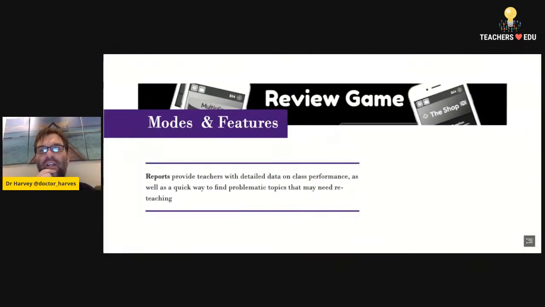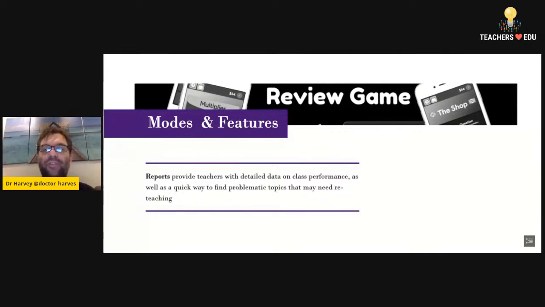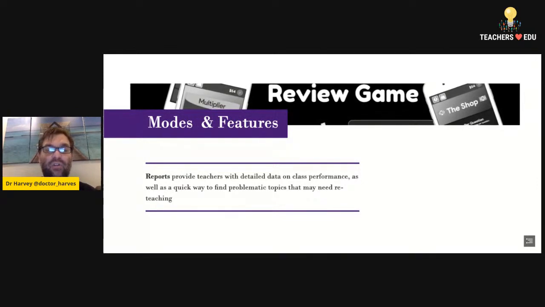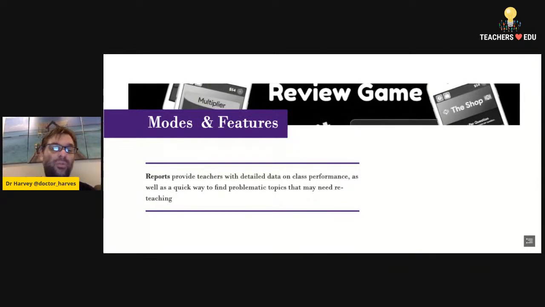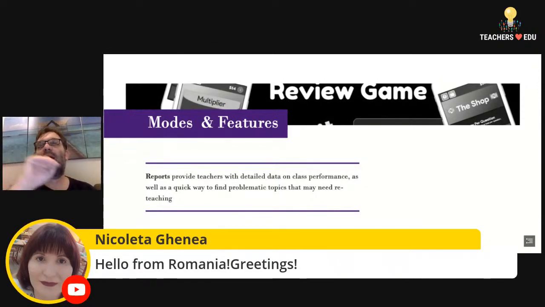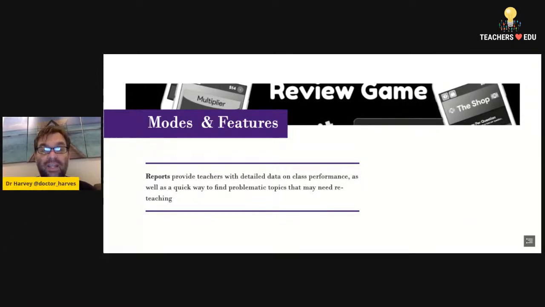Okay, so I'm now just going to go through some modes and some features. The key for you as a teacher is that after each game, a report is generated, and it provides detailed data. For example, for my 50-mark question, it downloads a PDF that is about 20 pages long. It goes through each individual student and the questions they were strong at and weak at. So again, you can cater for each individual student in the next lesson and differentiate the lesson, because that way you can quickly find the problematic questions or even problematic topics that may need reteaching.